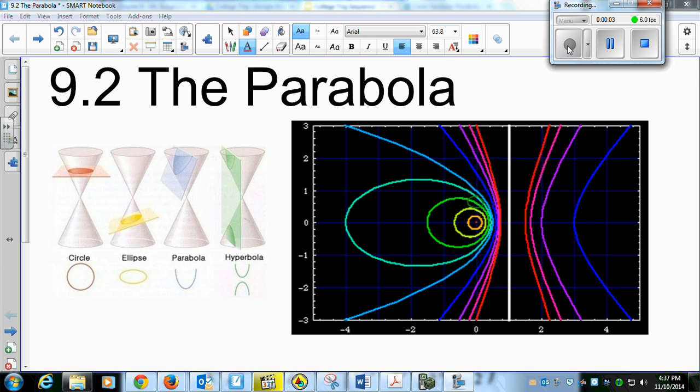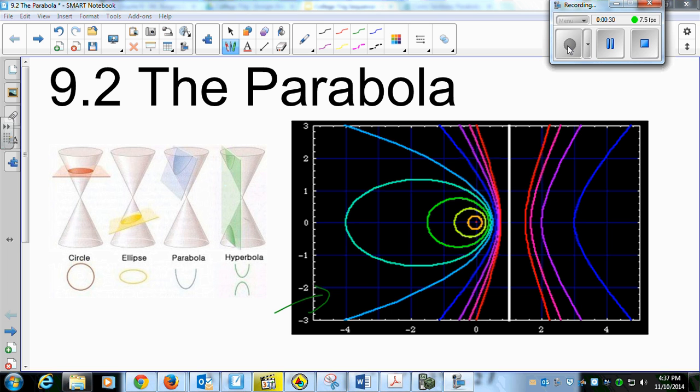So last class we talked about generating the conic sections from a cone and a pair of cones called a nappe. We got our circle, our ellipse, our parabola, and our hyperbola. When we started looking at those graphs, as far as what those cross sections would look like, they start looking like the graphs over here on our right,